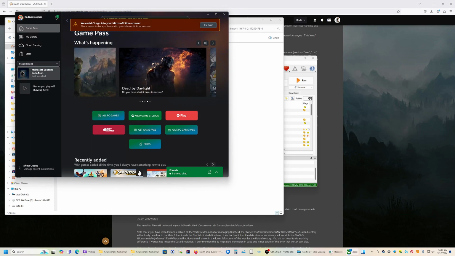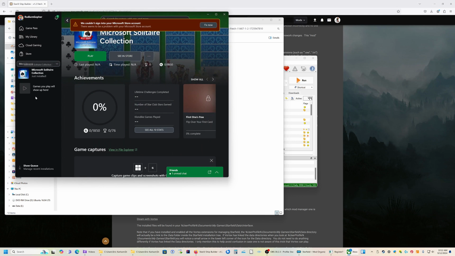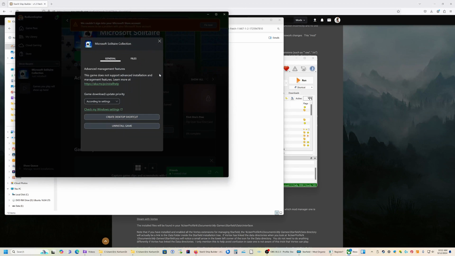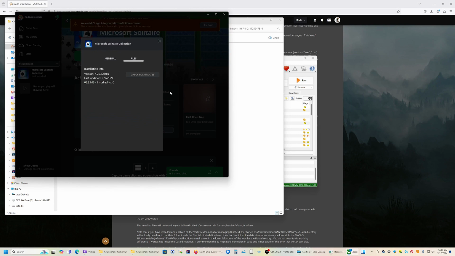So you start by clicking on your game, which would be Starfield. On the right hand side there's a button with 3 dots. Click on that and you click on Manage. In this window we click on the Files tab, and in Starfield there'll be information here about all of your installed files. And under this button that says Check for Updates, there will be another button here that says Browse. Click on Browse and it will bring up a File Explorer,